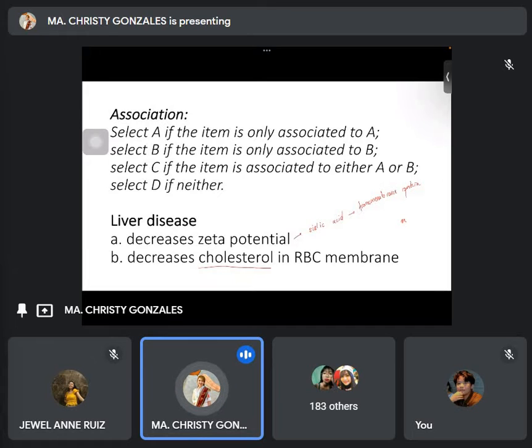So, when there is an alteration, a problem in the liver, the cholesterol level will be altered, and the proteins will also be altered. Right? So, when liver disease is present, the zeta potential is affected, and also our